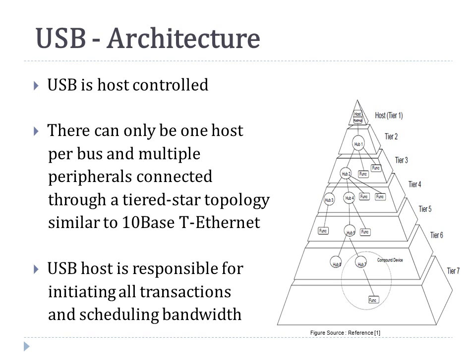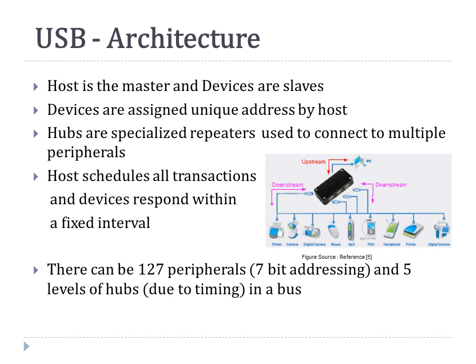Some main points about the USB bus architecture. USB is host controlled. There is only one host in the USB bus, and multiple peripherals can be connected using a tiered architecture similar to Ethernet, and the hubs allow the connection of multiple peripherals to the same host. The hubs are actually devices that repeat the data, upstream data, to the downstream devices, and also the data from the downstream devices to the upstream ports, and help connect multiple devices on